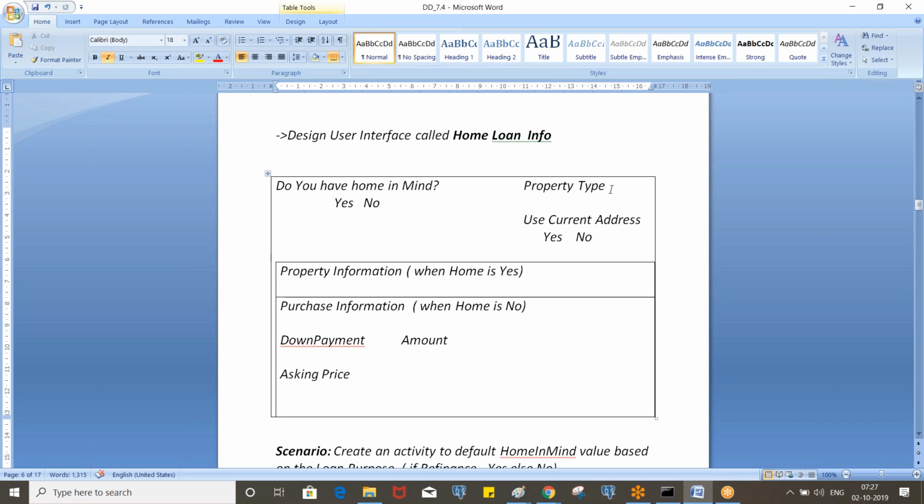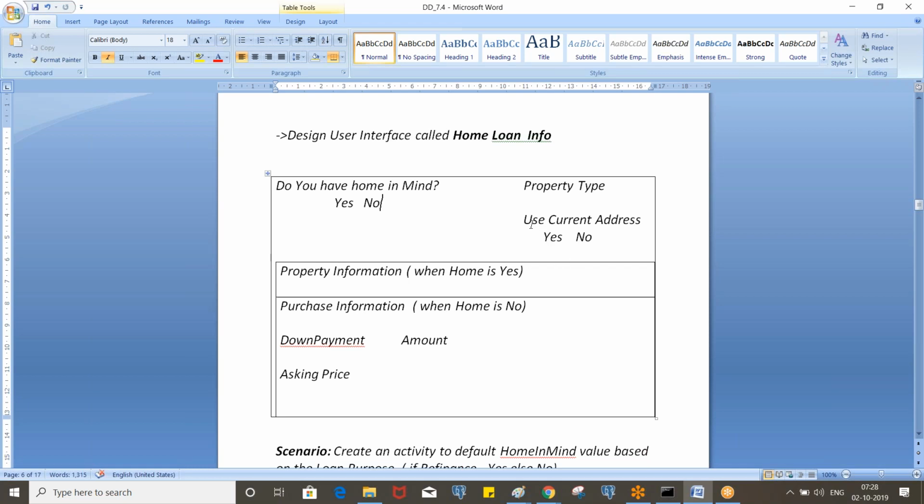And here we have a property type, so what kind of property it is. And use current address, which is a radio button. Let's say the borrower has a home already, and has to enter the property information, that is, address details.